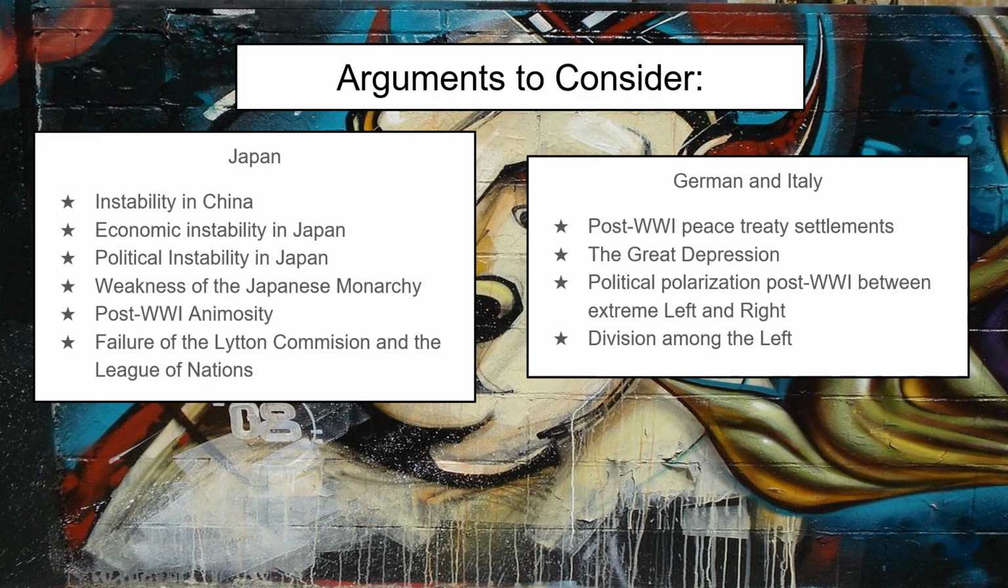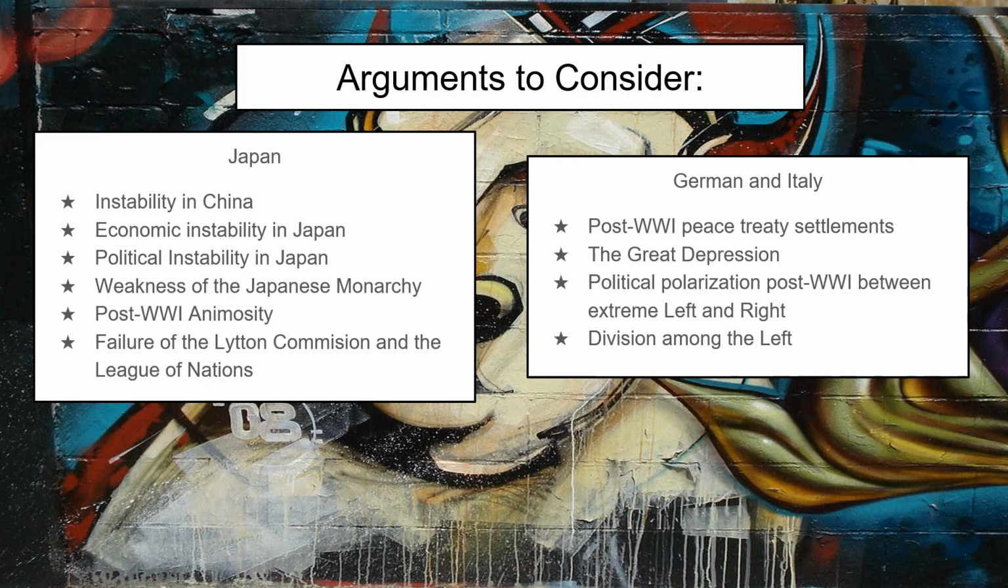It's easier to go with either the instability in China, which, by the way, at the same time will help you study for paper two topic wars and warfare, the Chinese Civil War, and for the authoritarian state topic of Chairman Mao. So you could do that. You could do the political instability in Japan, post World War I animosity that Japan had. You know, they didn't like the League of Nations. And then, of course, you can always argue the failure of the League of Nations